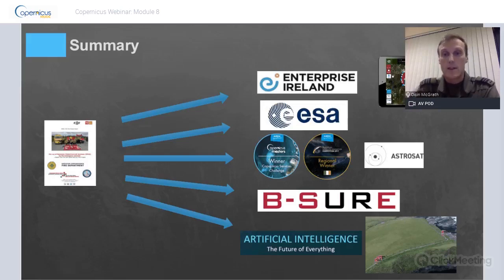Yeah, so that's kind of where we're at. Very quickly, we came from a very simple report back 3 or 4 years ago, and now have been heavily involved through a number of Irish agencies, the European Space Agency, and involved in multi-million euro projects and partnerships throughout the world.